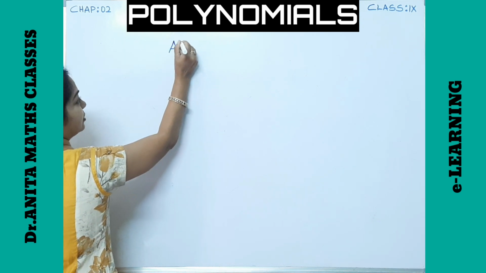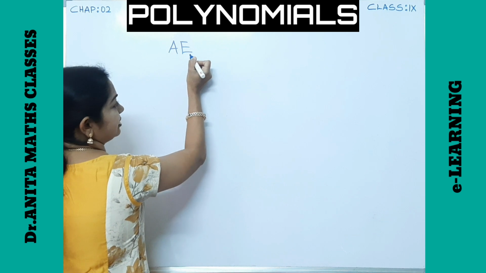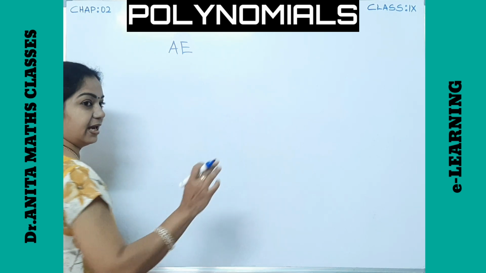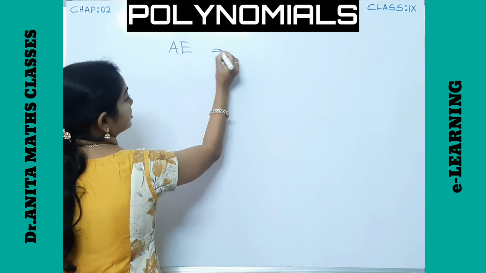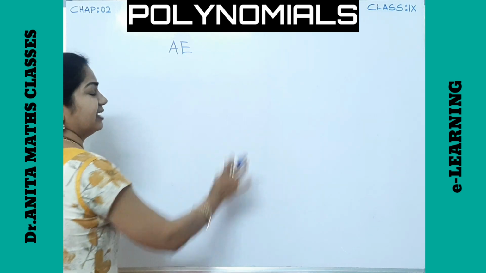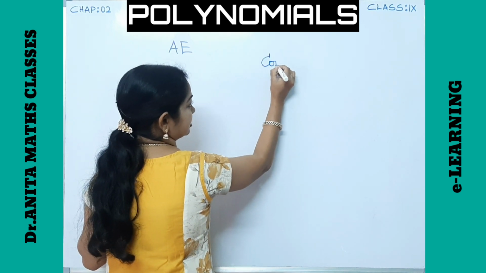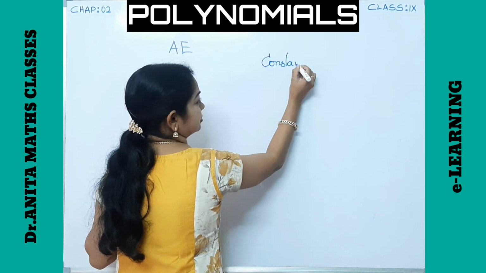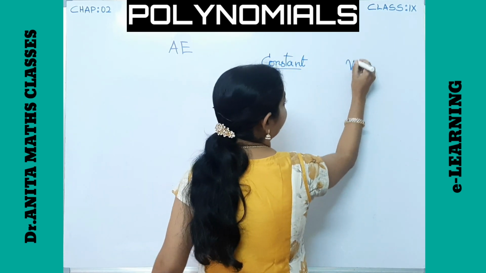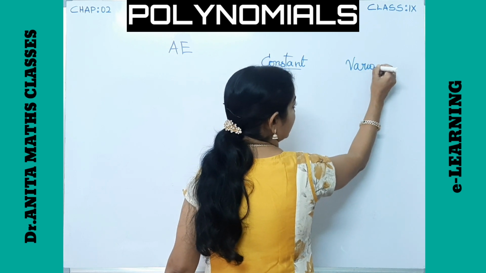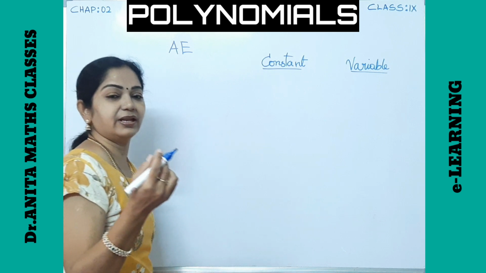Algebraic expression, I'll note it as AE. Okay, we know this. You can write any algebraic expression. It is nothing but a number. So before knowing the algebraic expression, I'll explain you few terms, that is a constant, or we can also say an integer constant, and a variable. What is a constant and what is a variable? For you to understand this, I'll give you an example.